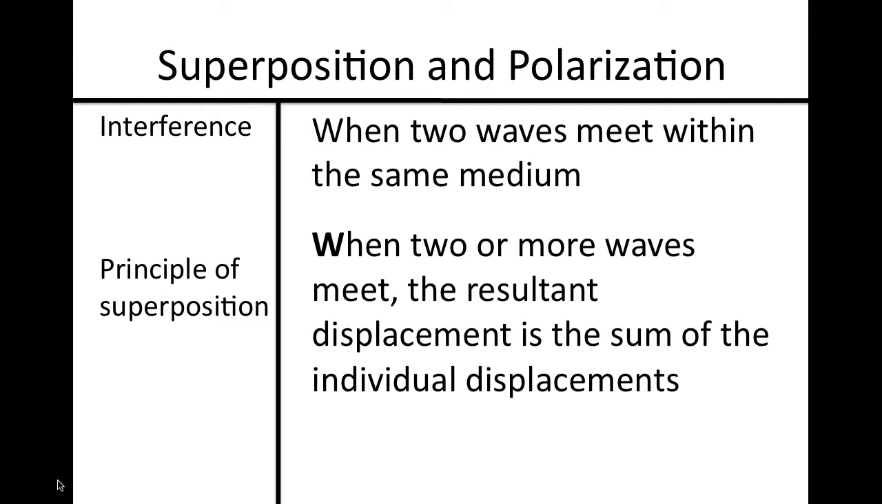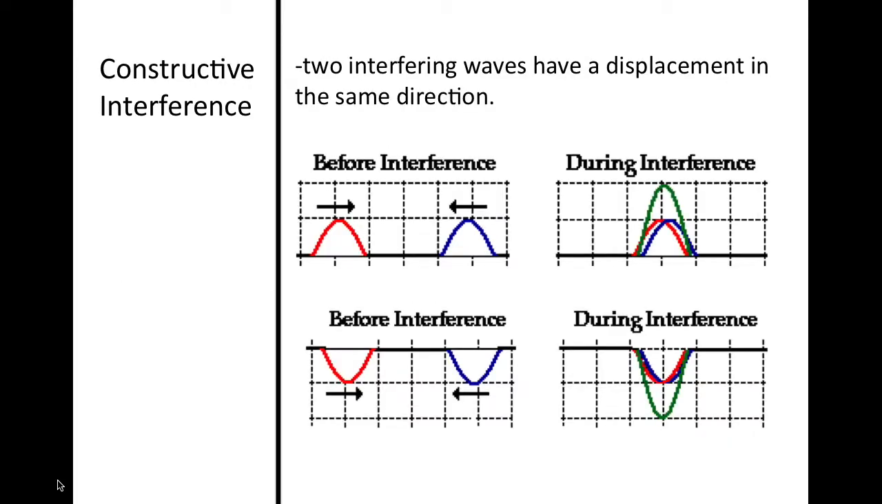The principle of superposition is when two or more waves meet, the resultant displacement is the sum of the individual displacements. There are two different kinds of interference. With constructive interference, we have two waves that are interfering with each other, and they create a displacement in the